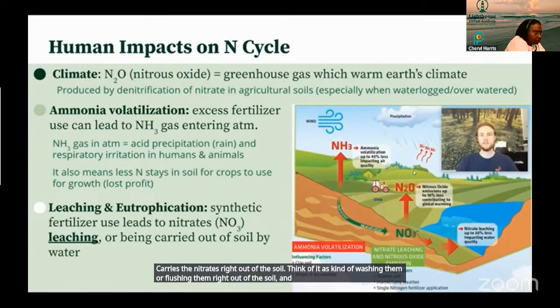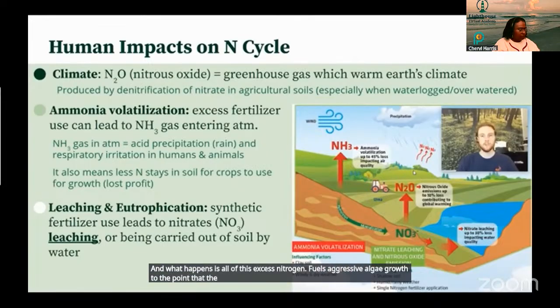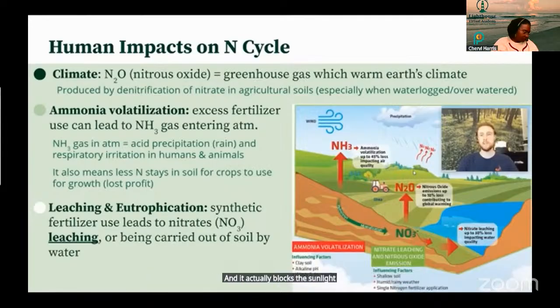And that agricultural runoff can enter local bodies of water like streams or lakes. And what happens is all of this excess nitrogen fuels aggressive algae growth to the point that the algae covers the surface of the water, and it actually blocks the sunlight so that aquatic plants below the surface don't get the sunlight they need,